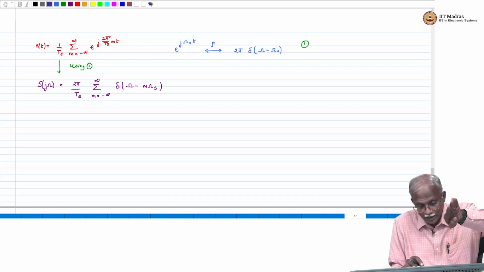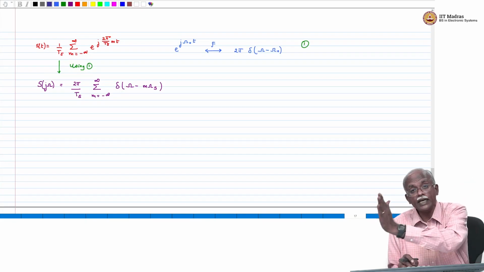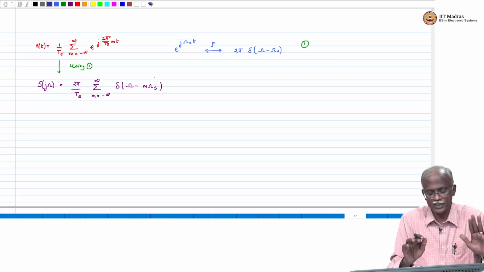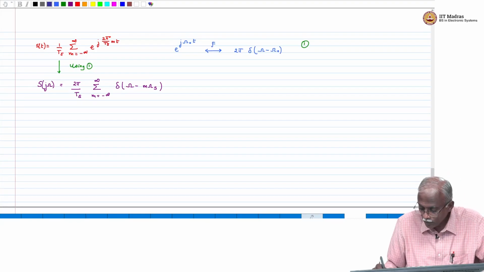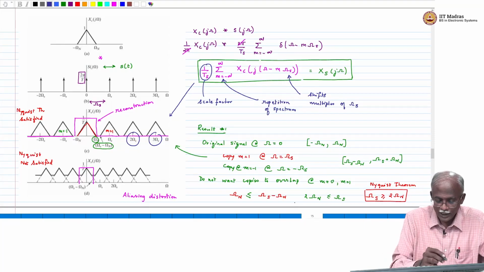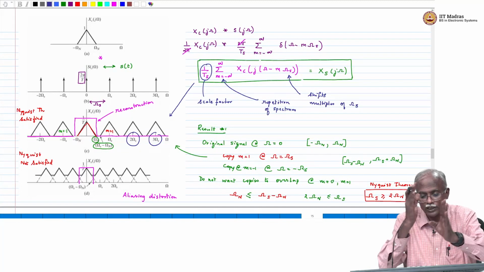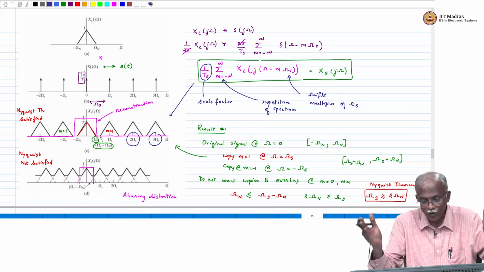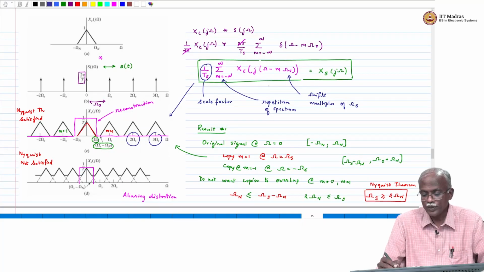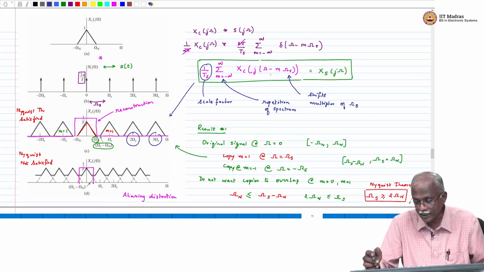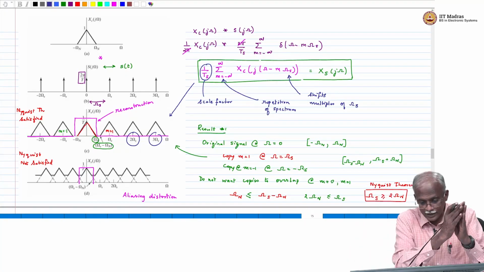It turns out that the Dirac train in the time domain is also a Dirac train in the frequency domain, but with different spacing, with spacing of omega s and the scale factor of 2 pi. Now, we then went back to the original expression and said, if I want to multiply in the time domain xc of t and s of t, that is the same as convolving the two spectra in the frequency domain, and what we get as the Fourier transform of the sampled signal xs of j omega is a signal where